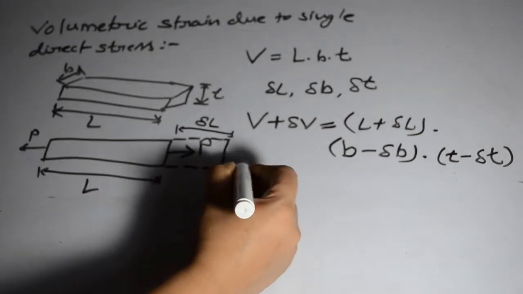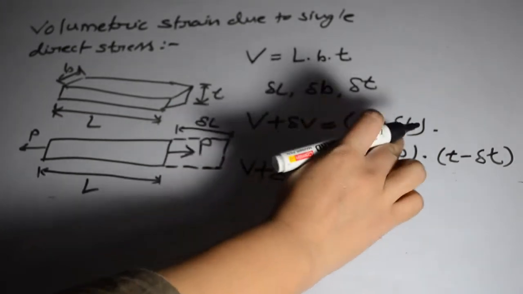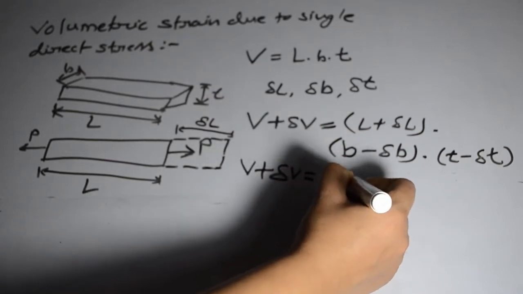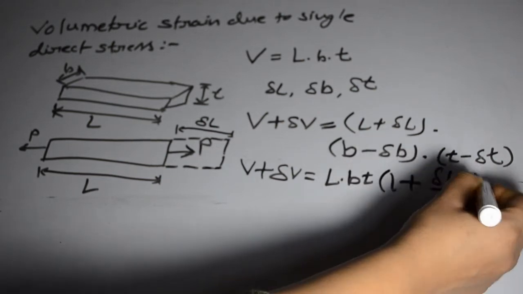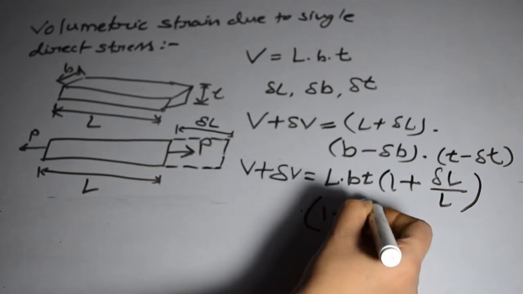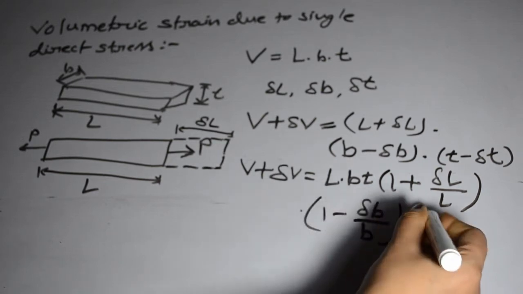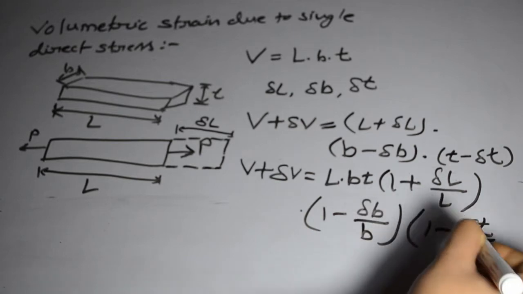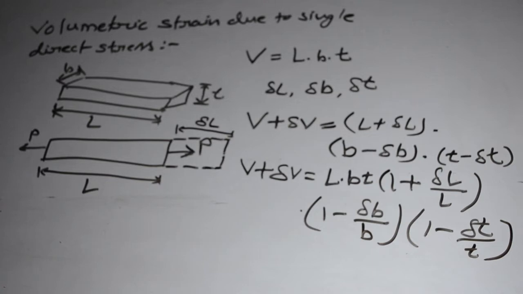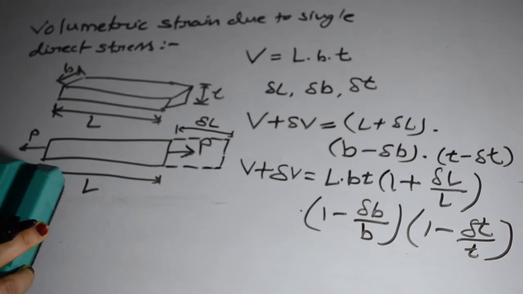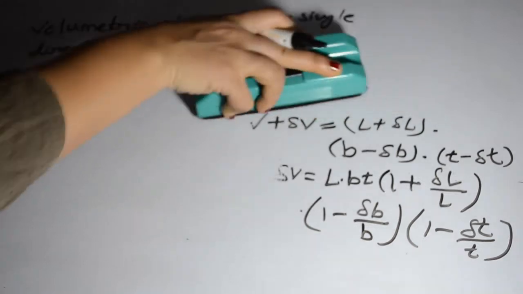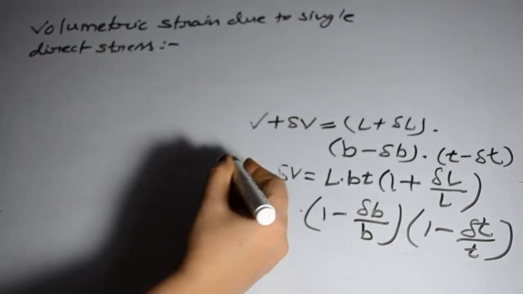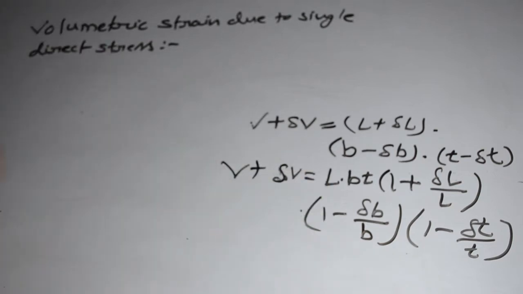If we further simplify this equation, taking common L, B, T from each bracket, it will be L, B, T into 1 plus delta L by L into 1 minus delta B by B into 1 minus delta T by T. This is the equation, and if we further simplify it, we will have the final equation V plus delta V equal to,